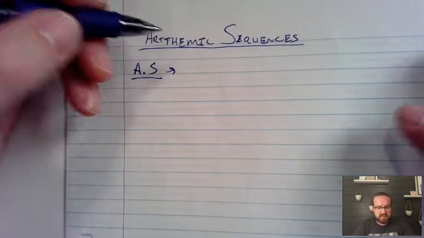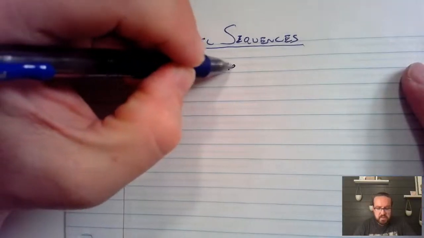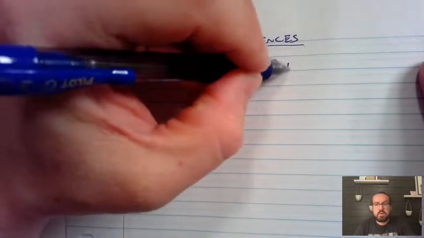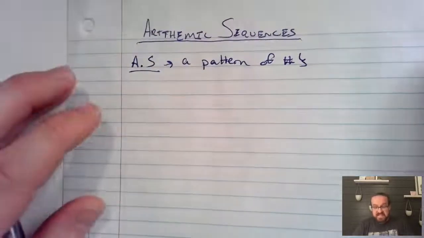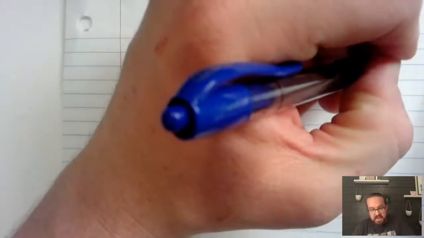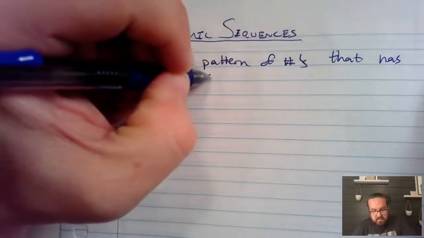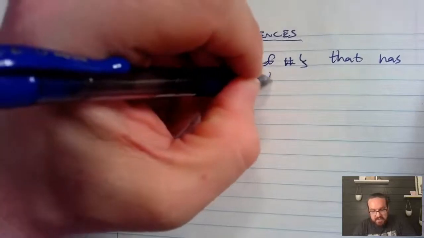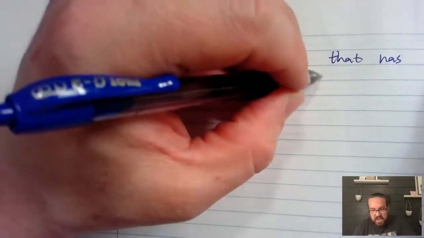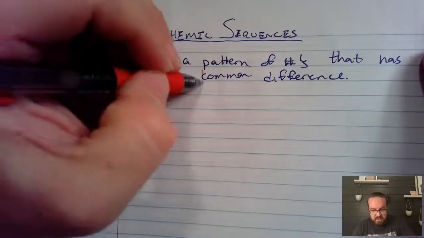All an arithmetic sequence is just a pattern of numbers that has a common difference. Now wait a second. You might be saying, hey, how does that help us? I have no idea what a common difference is, right? So let's take a look at what a common difference is, right? A common difference right here